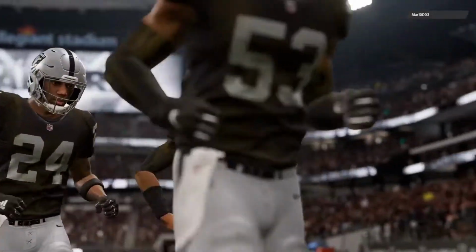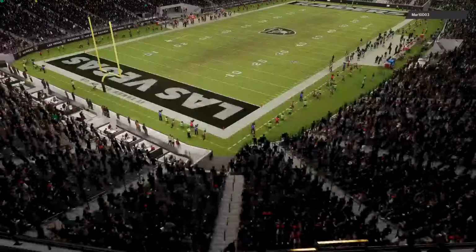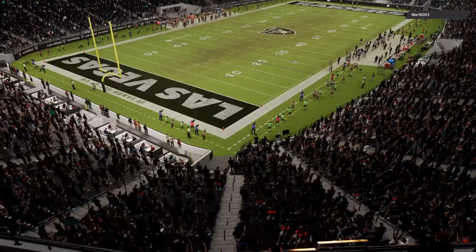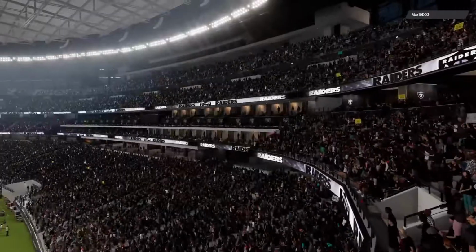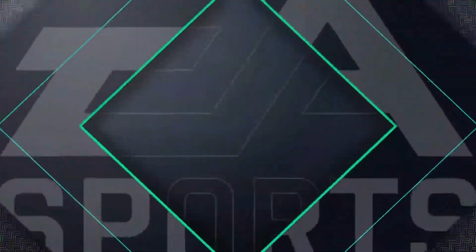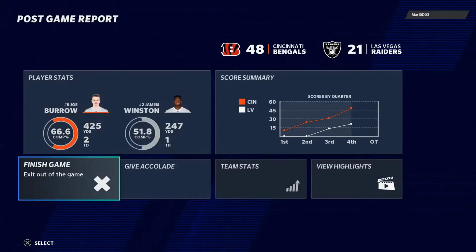So for Cincinnati, the win will help them keep pace in the playoff race as they move to 6-3 on the year. And they'll have another road date next week with the Los Angeles Rams. Meanwhile, for Las Vegas, it's their first stumble of the season as they'll dip to 8-1 on the year. And they'll have a tough one at home next week against the Denver Broncos. And for Charles Davis and our entire crew, I'm